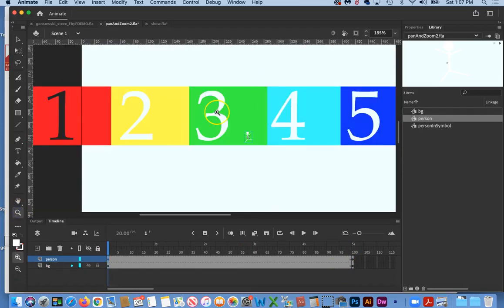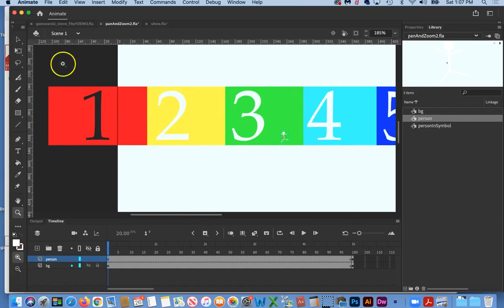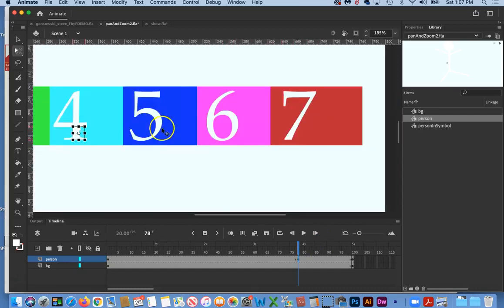What you want to think about is, what would this look like in real life if I was standing back really far? Let's say our person starts running from here, and we could have them run all the way across at the same speed, but just for something different, let's have them run approximately the same speed from here to here. So I'll put in an F6, and we'll say during that time frame they make it all the way over to,